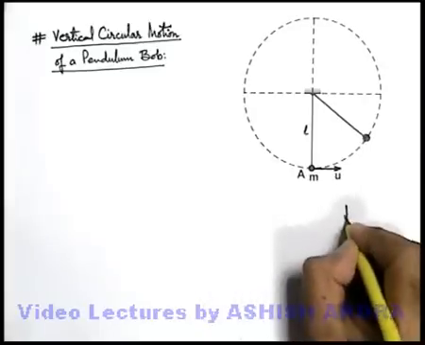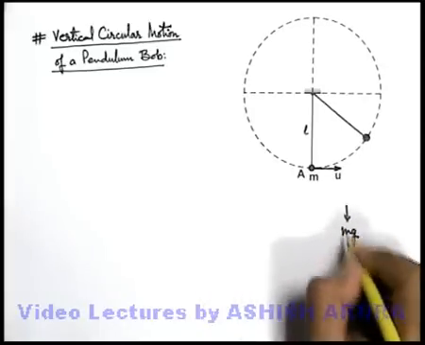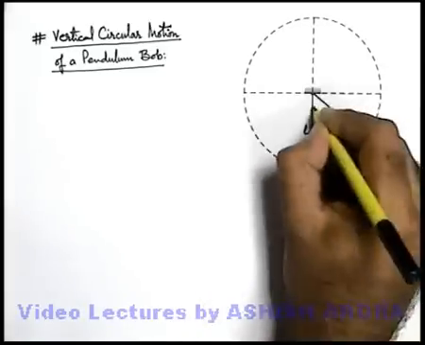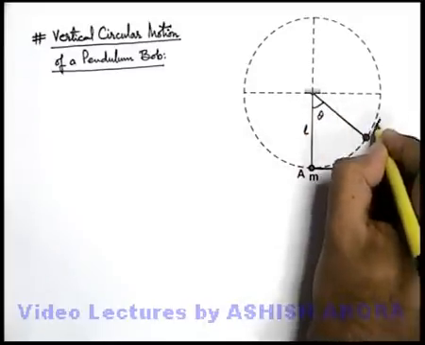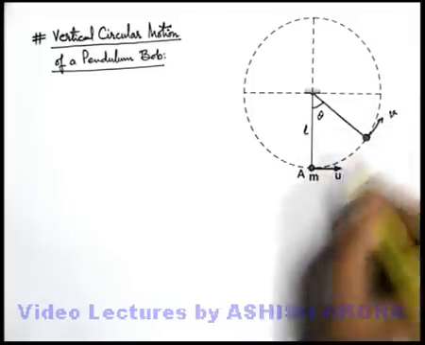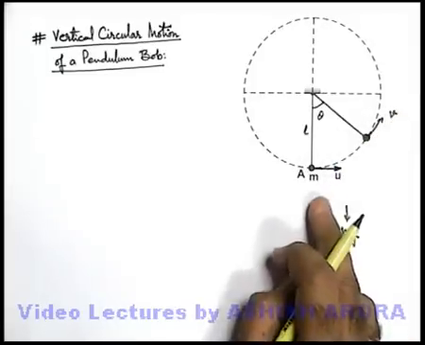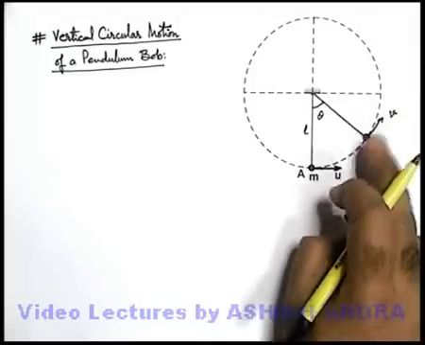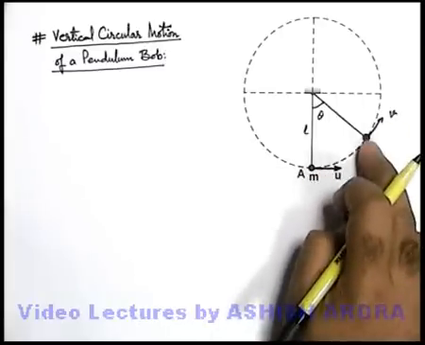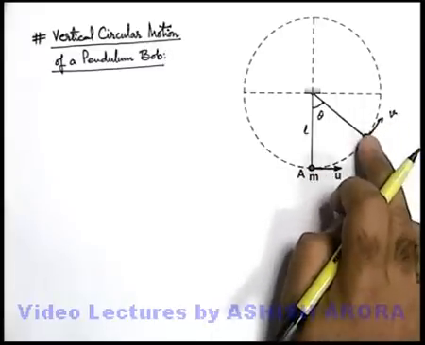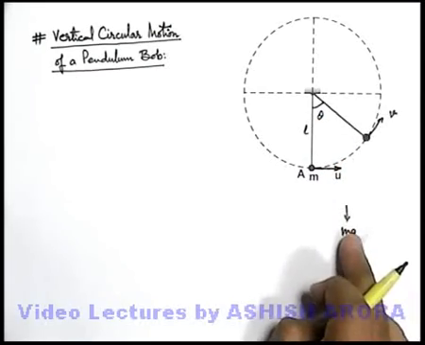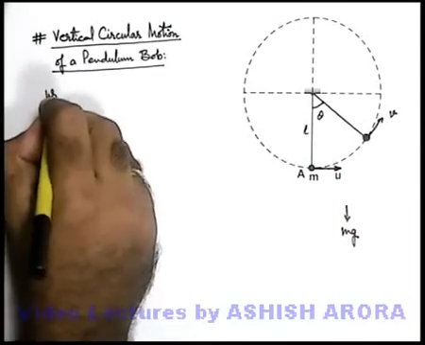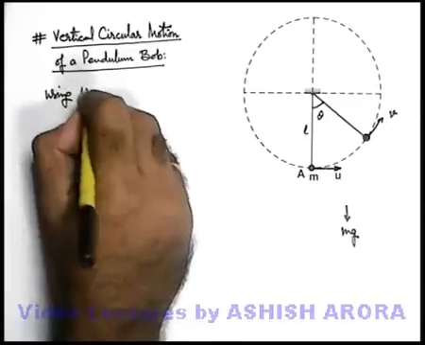And we can see as mg is acting on the bob in downward direction, as bob goes up, say at an angle theta, the speed of bob will continuously decrease. In this situation, as it goes up and its speed is continuously decreasing, speed at any position at an angular displacement theta we can obtain by using work energy equation. So if we use work energy equation,